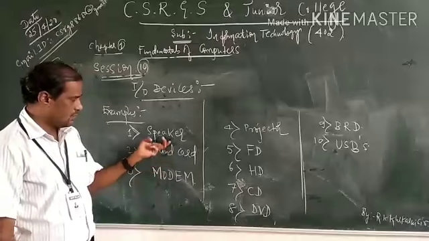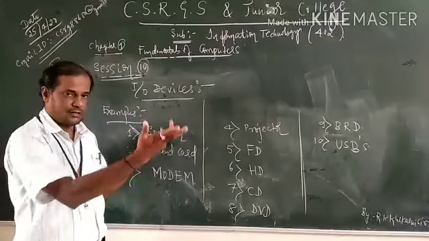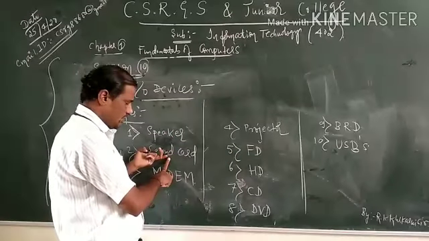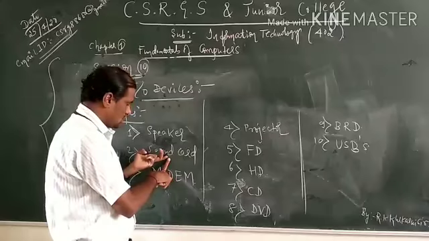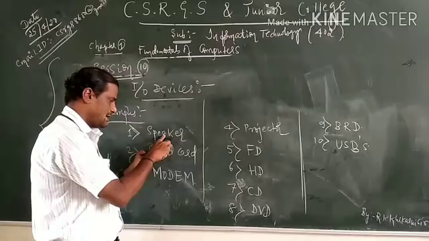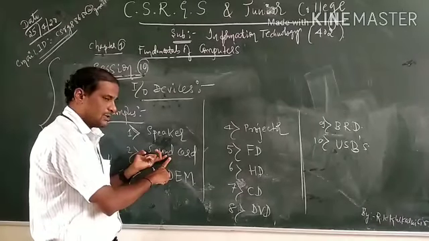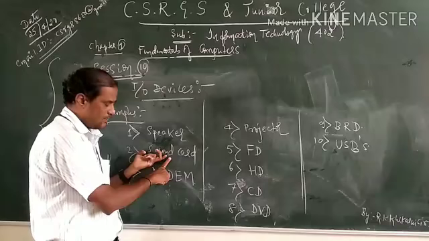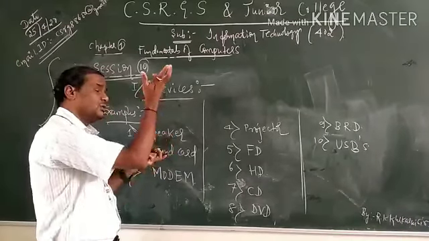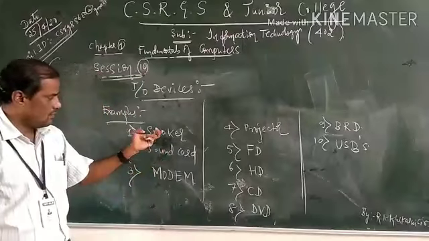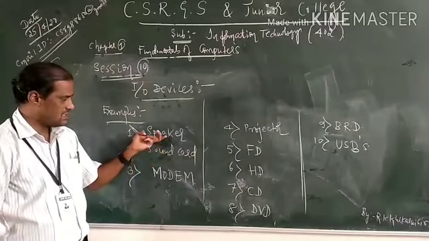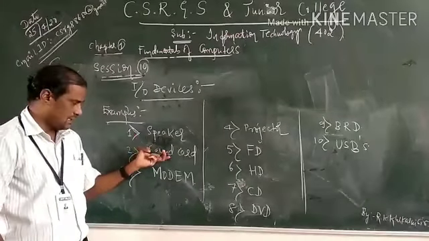Then the sound card, similar to the speaker. Only thing is that the speaker is external; we can see it outside or near the CPU. But the sound card we cannot see, because it is on the motherboard. So the sound card and speaker do almost the same work, but this is external and this is internal. The sound card takes the digital format of the sound and then produces the analog format for the speaker. The speaker makes huge noise with the help of amplifiers. So almost both function the same. Both are called I/O devices, but this one is external, we can see it, and this one is internal, we cannot see it daily.